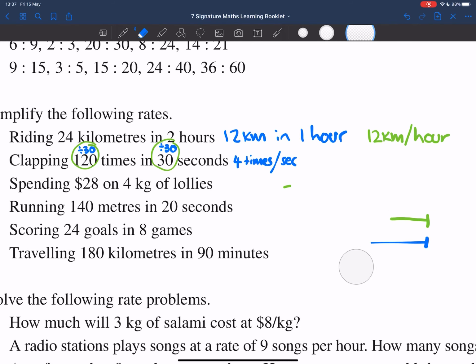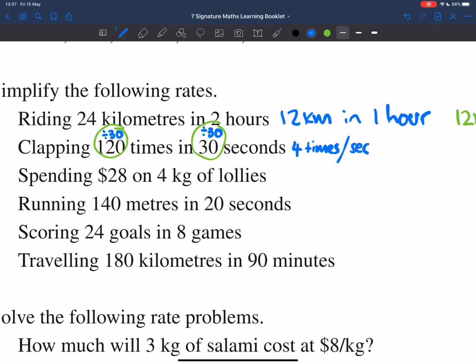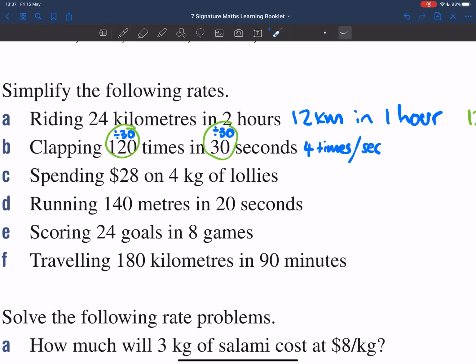I'm going to delete this. All right, last one. Spending $28 on 4 kilos of lollies. Remember, this part here, the second unit, we need to try and turn that into 1. So what can you do to 4 to turn it into 1? Well, again, you divide by itself. So 4 divided by 4 will give you 1, and whatever you do to one unit, you've got to do to the other. So divide 28 by 4, and you'll get 7, right? 28 divided by 4 is 7. So the answer will be $7